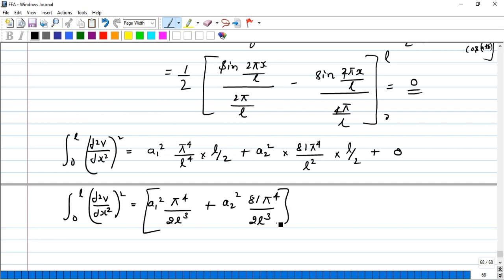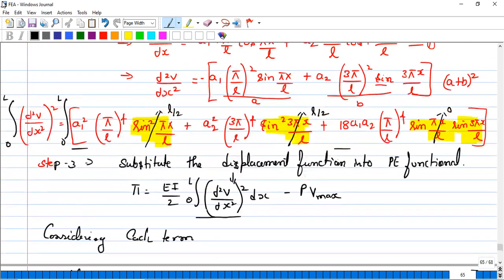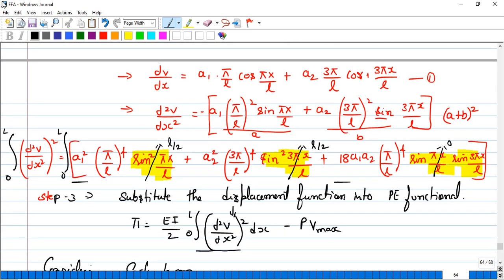So this will be the value, and again see we are able to identify this, and we should check what will be the, let me show you the potential energy functional. See, we identified this particular value, let me shade that. So this is done, we identified this. What is V max? Again that plays an important role.